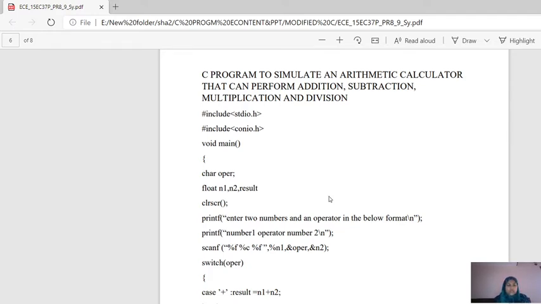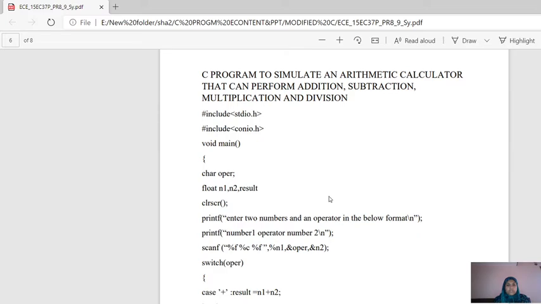There are two different data types declared here. char opper: opper is nothing but an operator, which indicates the character plus, minus, multiplication or division. There are three more variables declared of the data type float: n1, n2 and result. n1 and n2 are going to store the values of the two numbers. result is a variable which is going to store the result after performing the operation on n1 and n2.